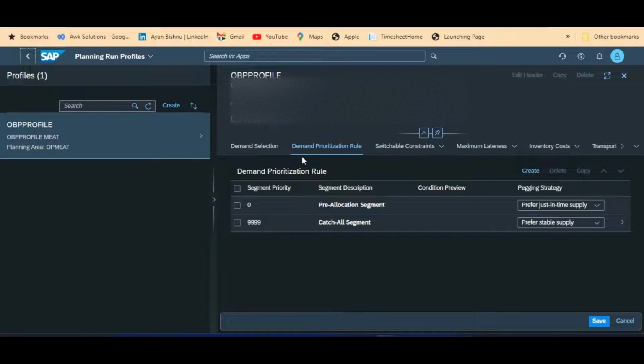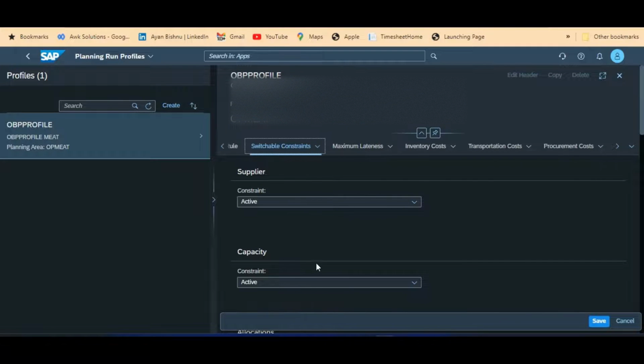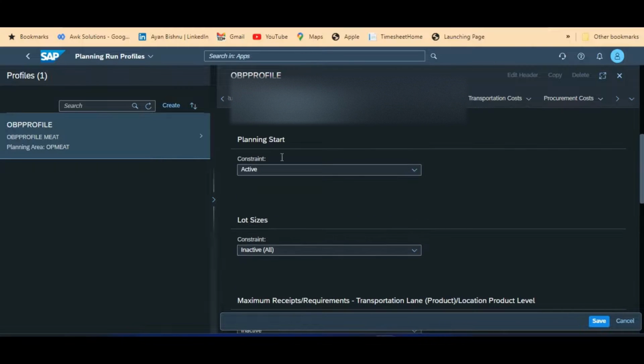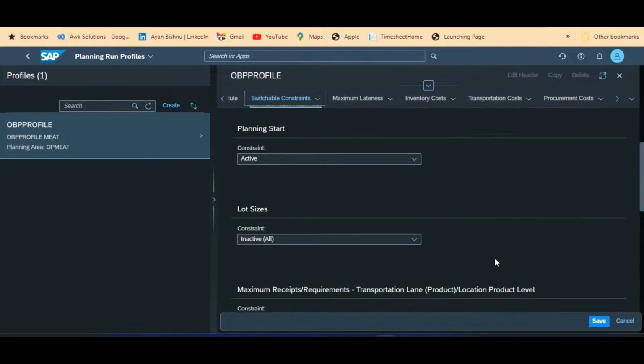After the demand prioritization rule, the next is the switchable constraints. This is the section where we define what my constraints would be for this planning profile. For example, there are multiple constraints: supplier, capacity, allocation, planning start, lot sizes, and so forth.